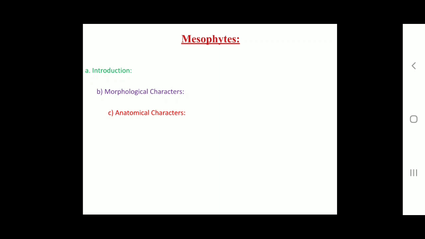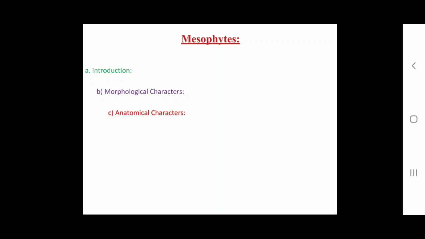The general morphological and anatomical features of mesophytes are as follows. So, first we see the morphological characters of mesophytes. First character, root system is well developed. Roots are generally fairly branched with root caps and root hairs. The stems are generally aerial, solid and branched. Leaves are generally large, broad, thin and varied in forms. They are held horizontally. They are fresh green in color, lacking hairy or waxy coverings.